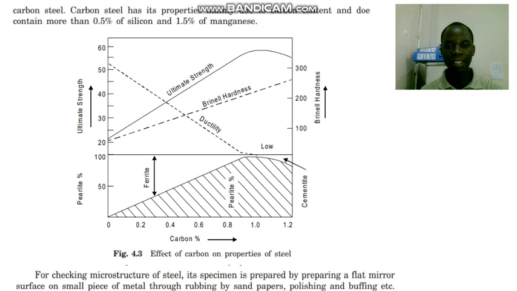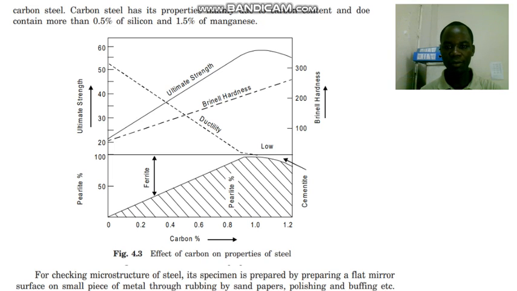What about the ultimate tensile strength? The tensile strength is the strength that exists if you try to stretch the steel material by pulling it apart. The resultant force that tries to oppose those pulling forces is what is called the tensile strength. As we increase the percentage of carbon, it increases gradually up to